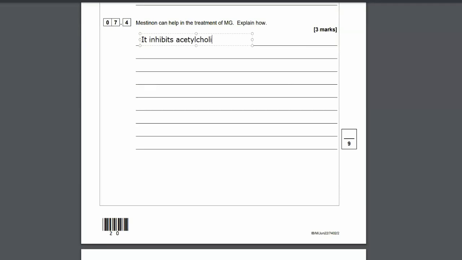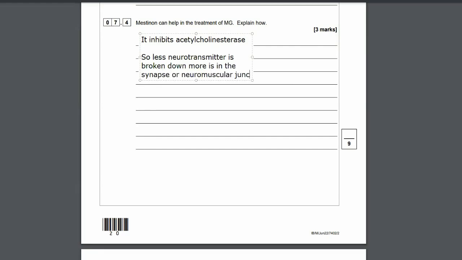Well, acetylcholinesterase breaks down acetylcholine in the synaptic cleft, so we don't get continual depolarization of the postsynaptic membrane. However, if we inhibit the enzyme, then we're going to have more neurotransmitter in the synaptic cleft. So less neurotransmitter is broken down in the synapse, and we're going to have more neurotransmitter binding to the receptor